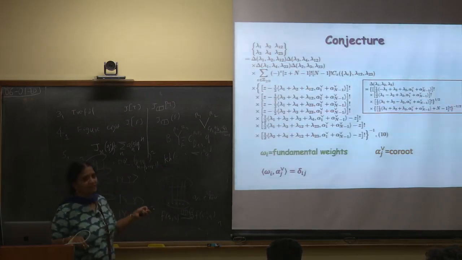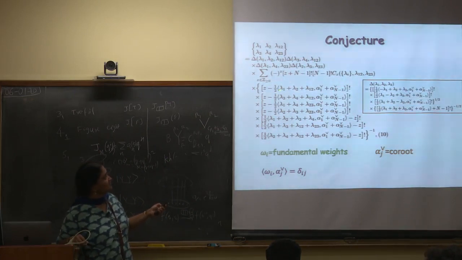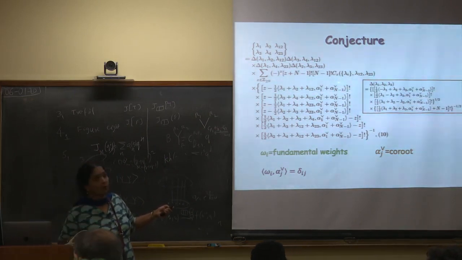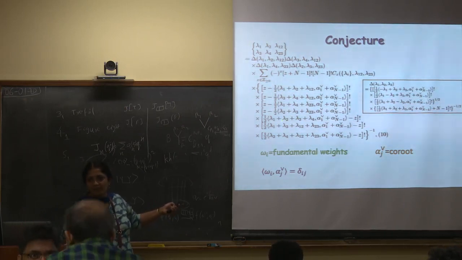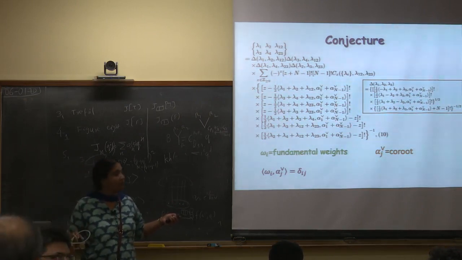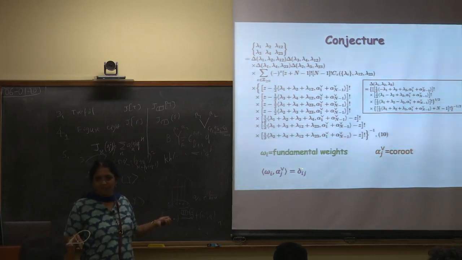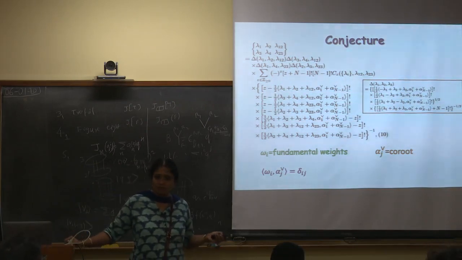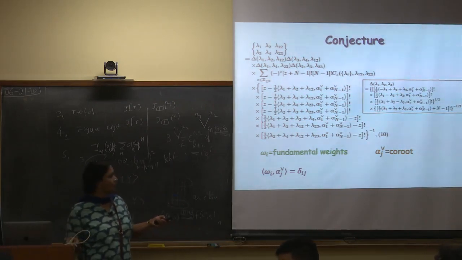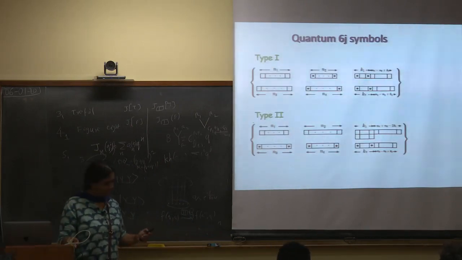Okay, so this is the expression which I said is very close. It's just that I use the weight vectors and take a dot product with the root vectors. This is the only modification. There it was just J1, J2 and so on. So J1 will be lambda 1 dotted with alpha. That will give you the number. Sorry, this was a conjecture for the 6J symbol for these two.